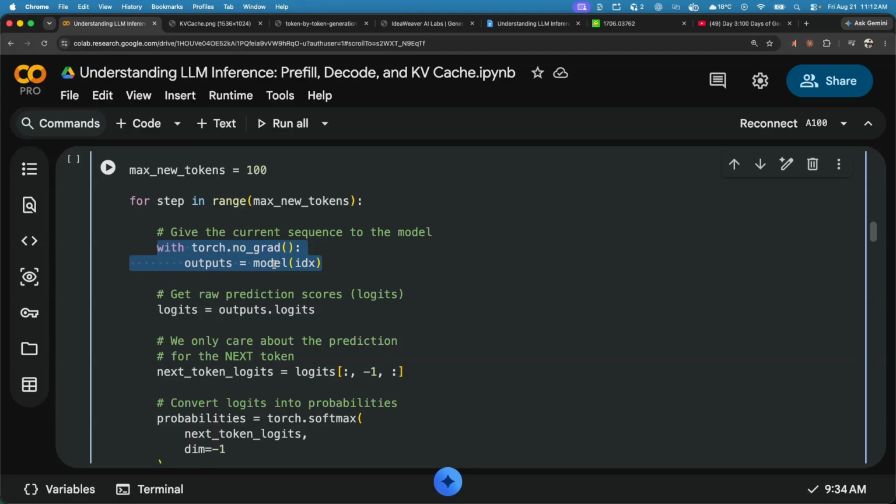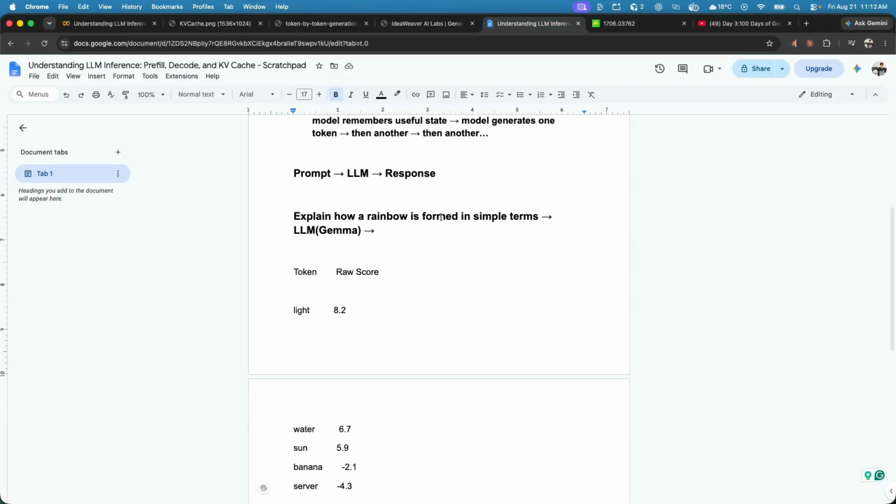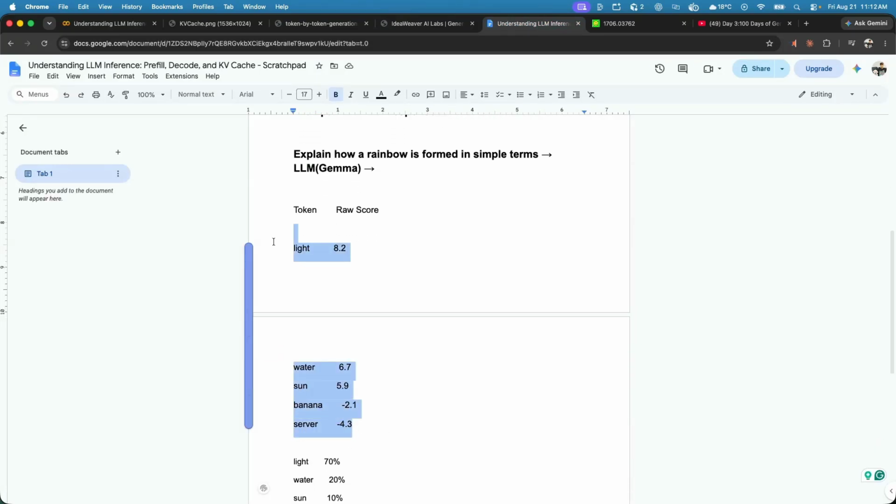Again, just to remember, Gamma does not simply return one word. Instead, it produces a score for many possible tokens. And what is that score? You probably have heard the word logits a lot in generative AI. So think of a logit as the model's raw score for a possible token. So it will look something like this: it generated this raw score, where the next token may be light, which has a raw score of 8.2, water 6.7, sun 5.9. So remember this point: the higher the score, the more strongly the model considers that token a good